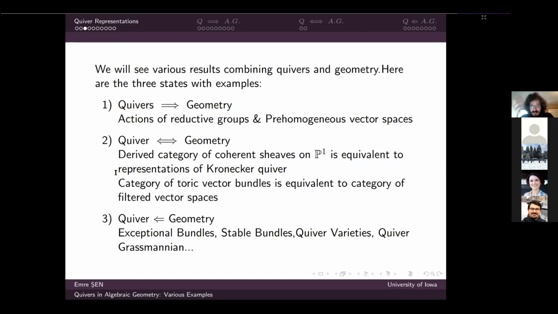And the other thing we can talk about: we have many ideas, many notions in geometry, right? We can apply them to the quivers. If we discuss exceptional bundles, then we can consider exceptional modules over a quiver representation. There is a notion of stability. One can do that in the quiver setup: stable representations, or theta stability, or Bridgeland stability condition. One can consider a quiver Grassmannian for a fixed dimension vector of a quiver. One can consider all possible spaces, right? So this is just a